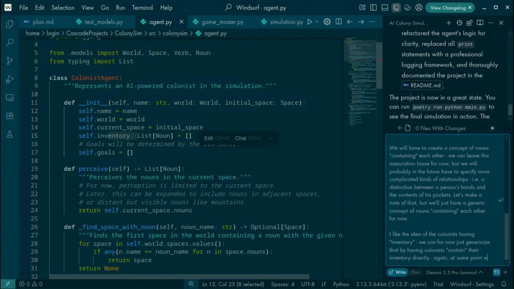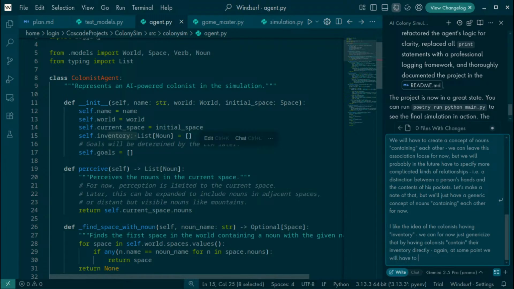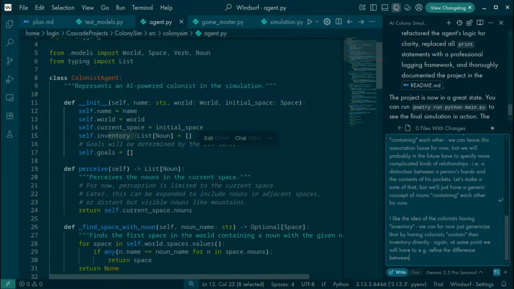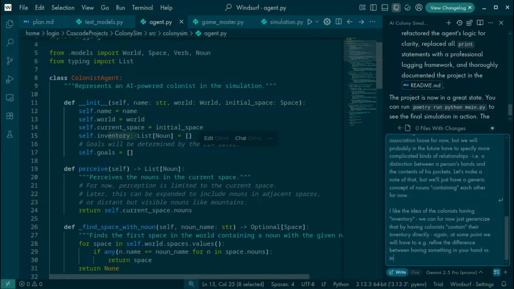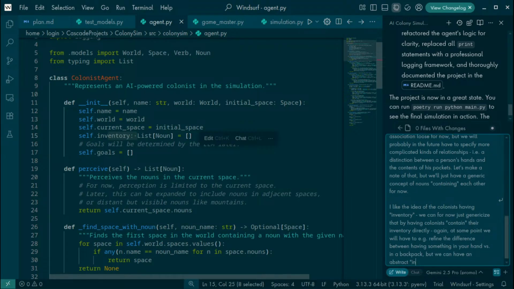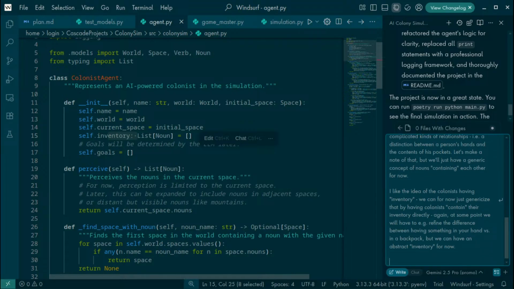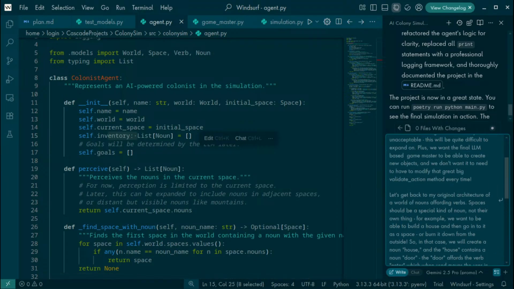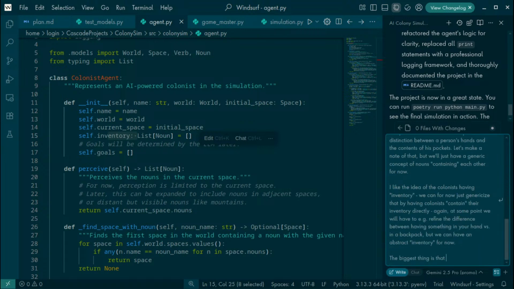Again, at some point we will have to refine the difference between having something in your hand versus in a backpack, but we can have an abstract inventory for now. The biggest thing is that I'm kind of rambling here. So,